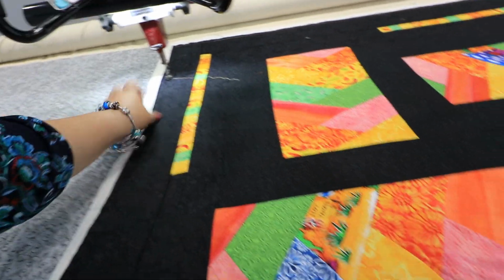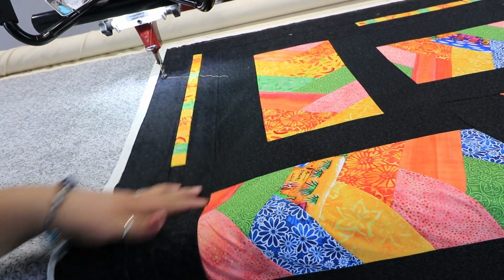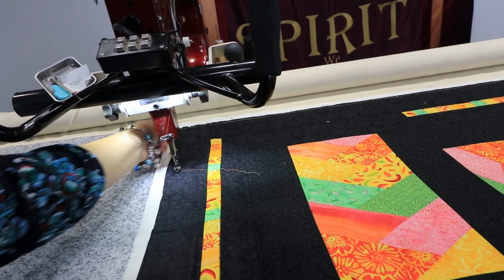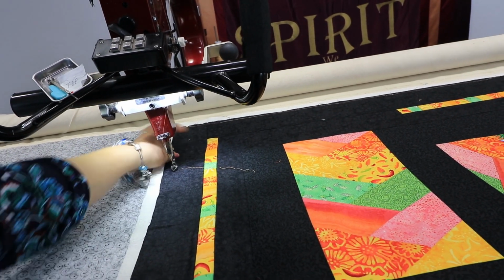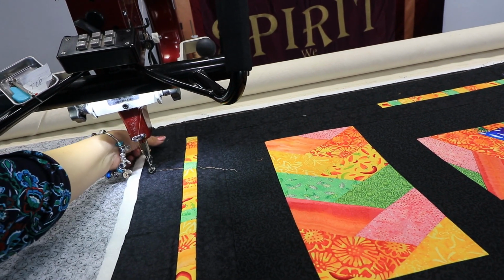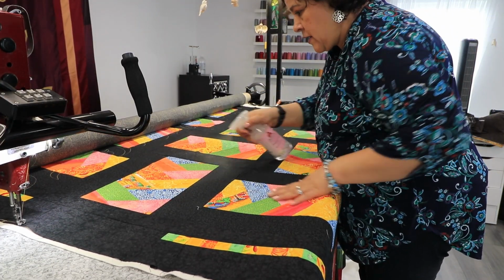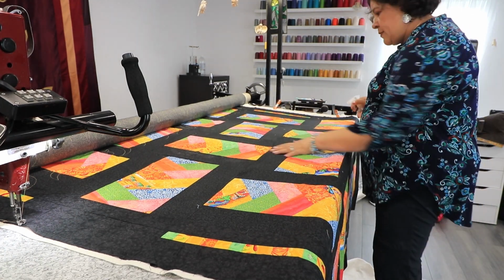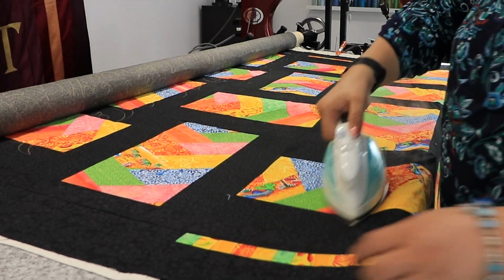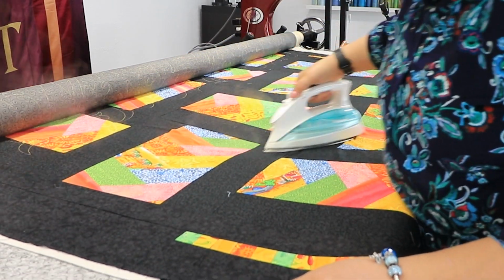And you can see, even though it's black on black, you want to make sure you have a straight line, that your border has a straight line. Like you can see it here, it's kind of turning in. So I'm going to baste here to lock it down so it doesn't go in. I don't know if you can see that. You can see, it's full. Sometimes your borders can be full, but then inside the border,